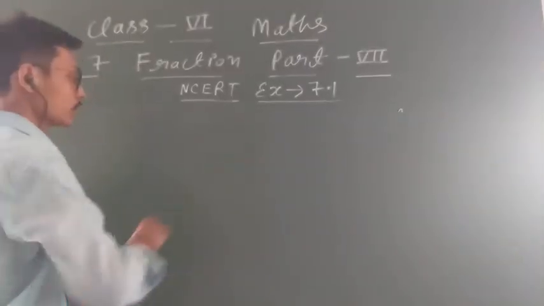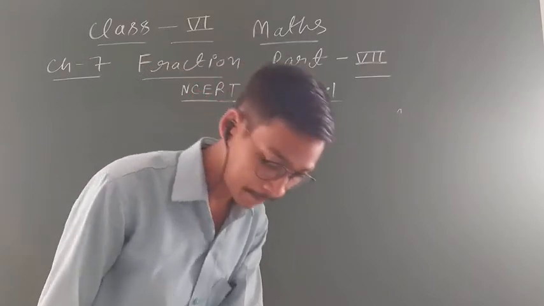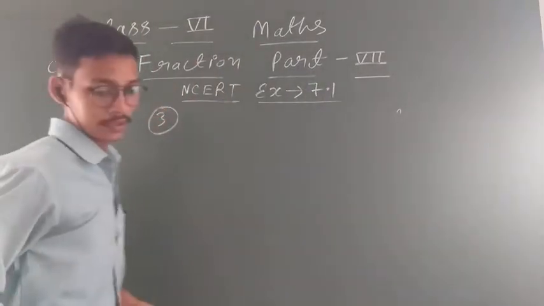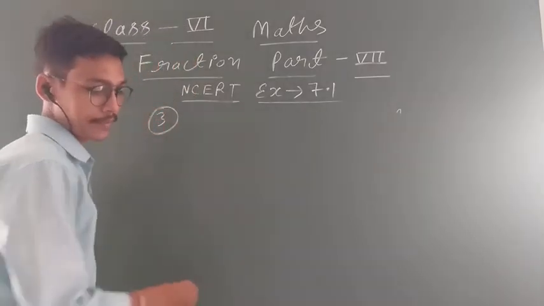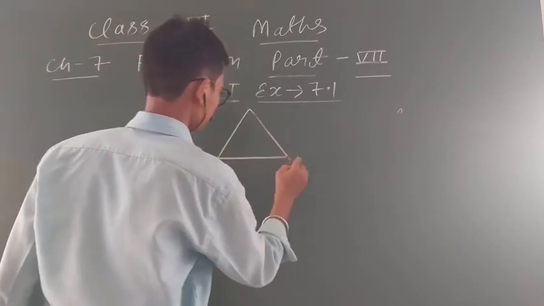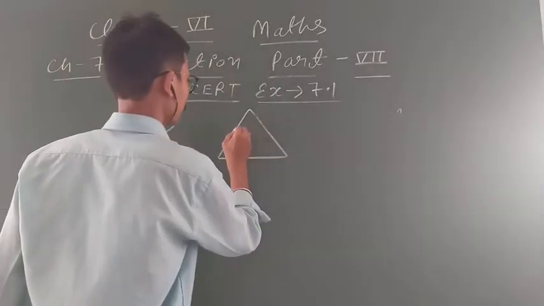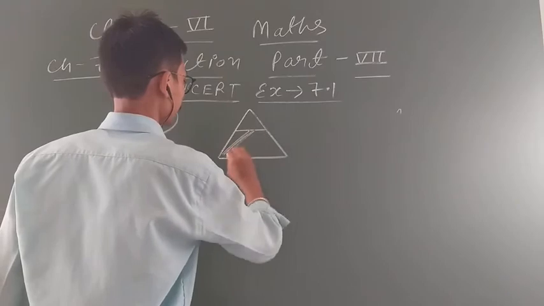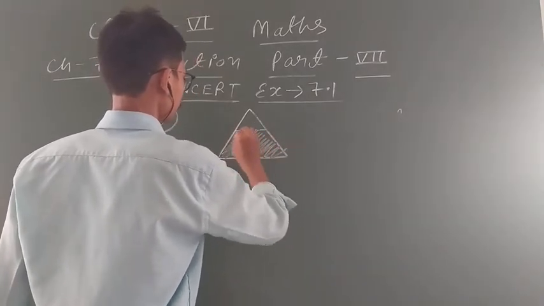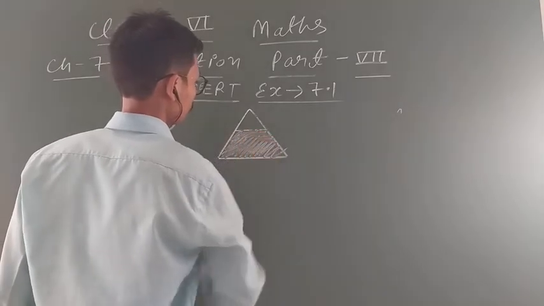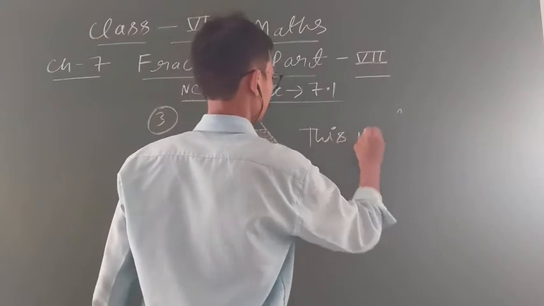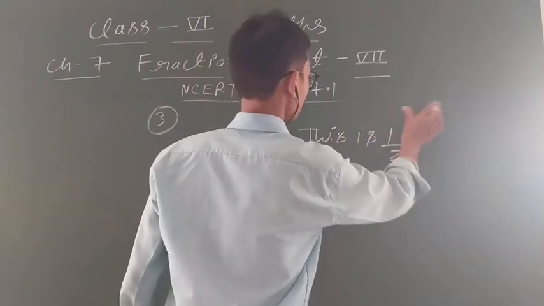Question number 3, one minute students, that is also question number 2. Now the next question is given: identify the error. Now see students, this question is given and the part is 7. Okay. Now what is given? This is 1 upon 2. It is given in the question, students.